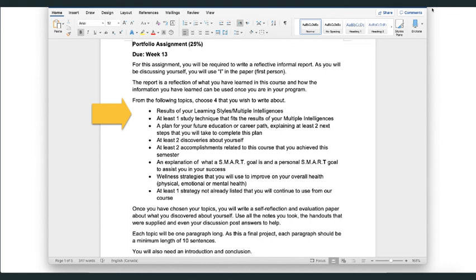The next topic you can talk about is wellness strategies. You can talk about physical, emotional, or mental health. The last one is one strategy that has not already been listed, but that you'll continue to use from the course. So is it something like financial planning, which is found in Chapter 11? Is it knowledge about plagiarism and academic integrity that we've discussed? It could be any number of topics. So these are the ones that I want you to sit and think about